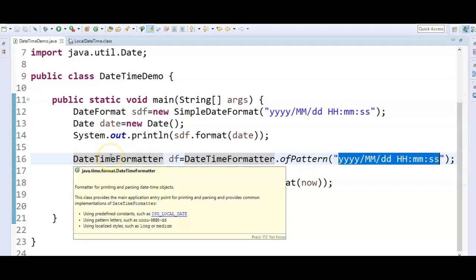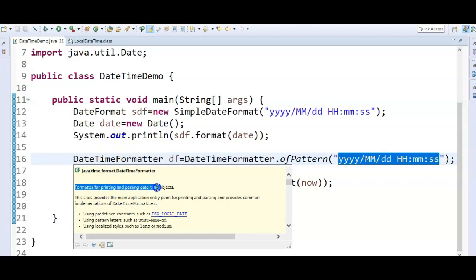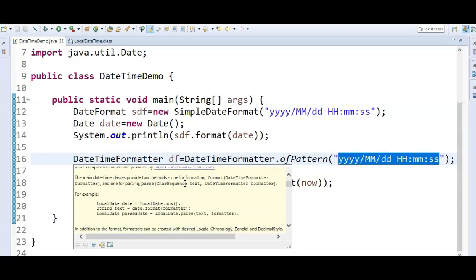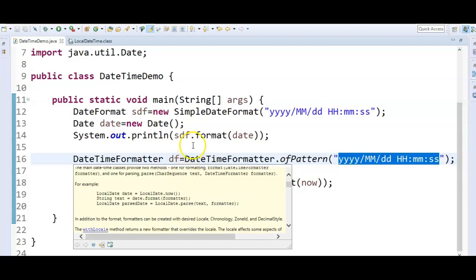This is the formatter for printing and parsing date time objects. So this class provides the main application entry point for printing and parsing and provides common implementations of DateTimeFormatter.